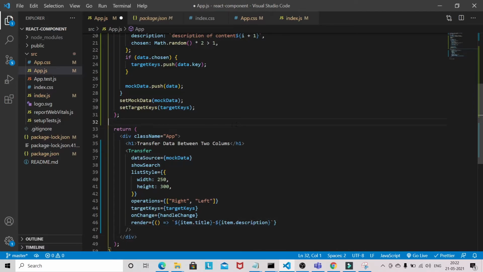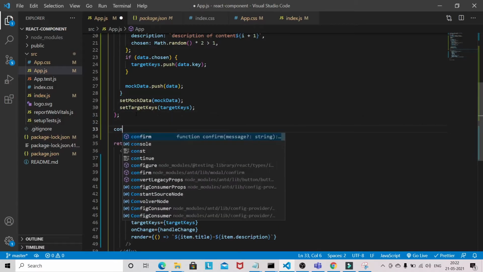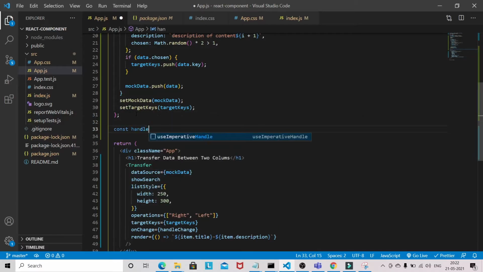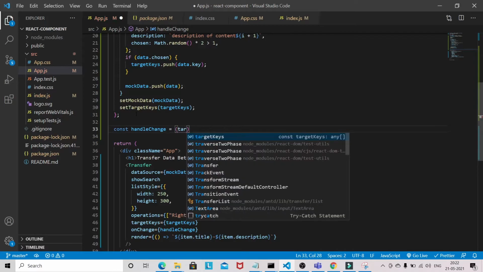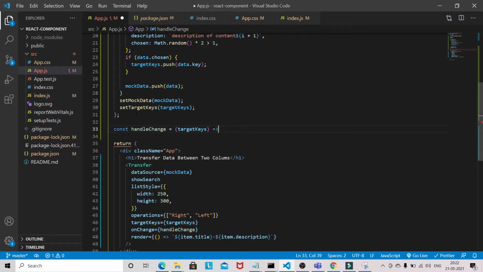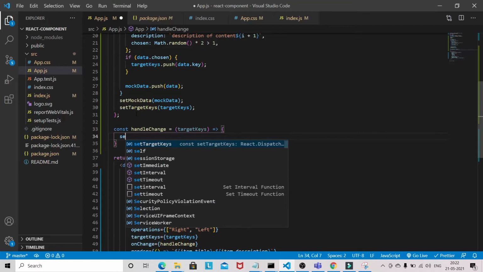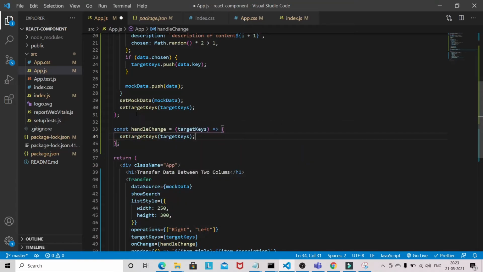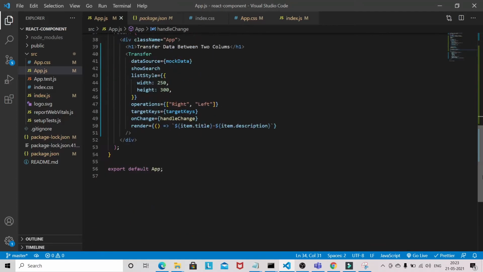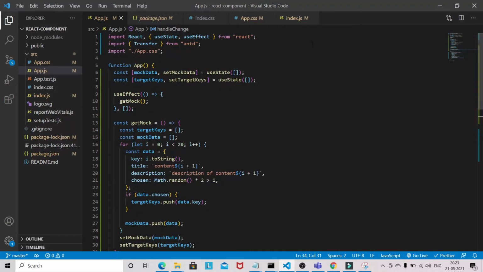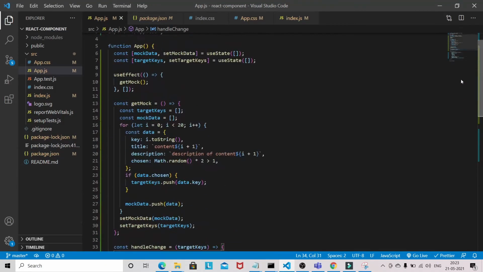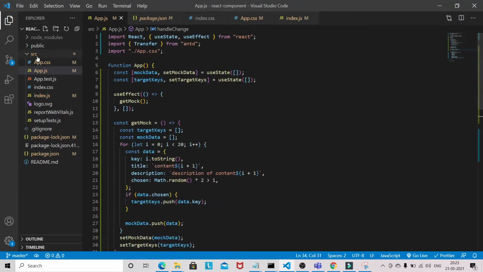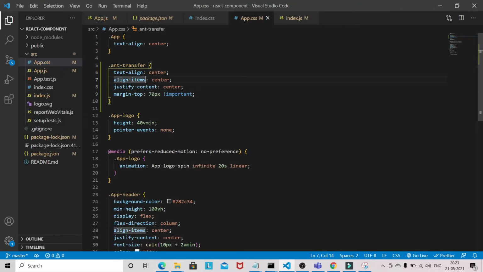Now this handleChange we have to write. handleChange will receive the targetKeys, and we have to set the target keys. This is the logic. And we have to adjust some styling.